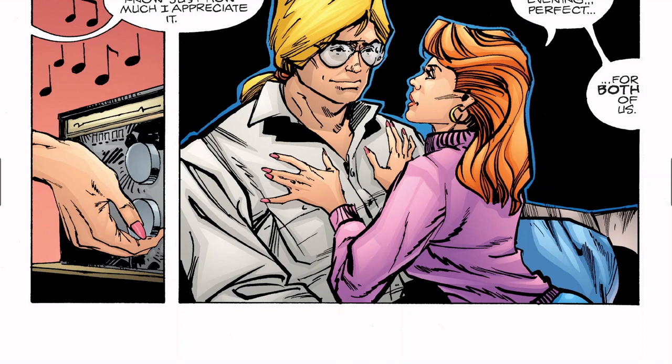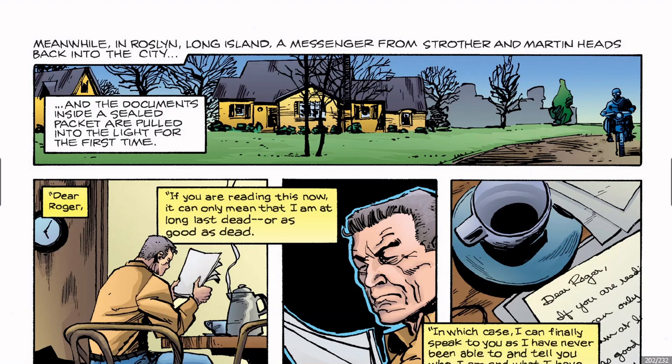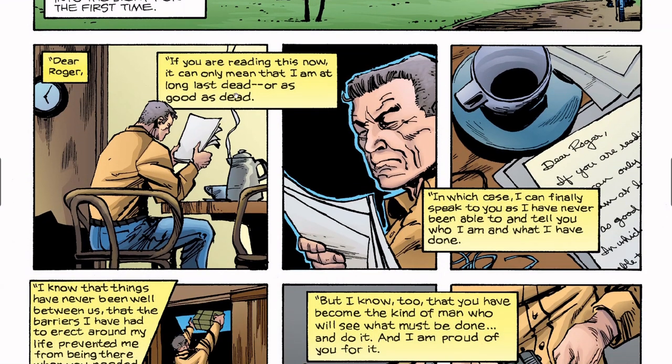So, and now we are going to Long Island, and the package has been delivered here to Dr. Willis's father. So I want to make something that I think was a bit of a mistake here, and I don't know if anybody had caught it. I know for sure I've read this so many times, and I guess I've always didn't even realize that this happened. So real quick here, he receives the letter,